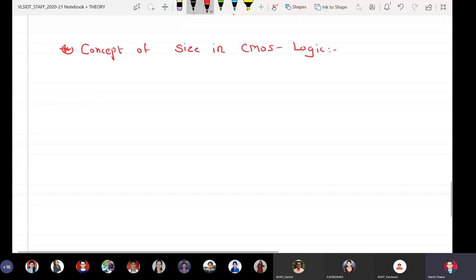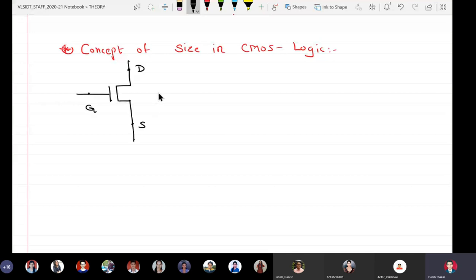okay, so here let us consider a MOSFET. So this is an NMOS transistor: drain, source, and gate.